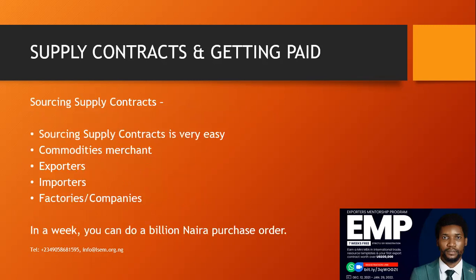So your supply contracts and getting paid. Now, sourcing supply contract. Okay, sourcing supply contract is very easy. You can get supply contracts from companies, from factories around. Just go to their companies. You can send them an email. You can even just advertise and they will reach out to you because they're also looking for suppliers that can supply them